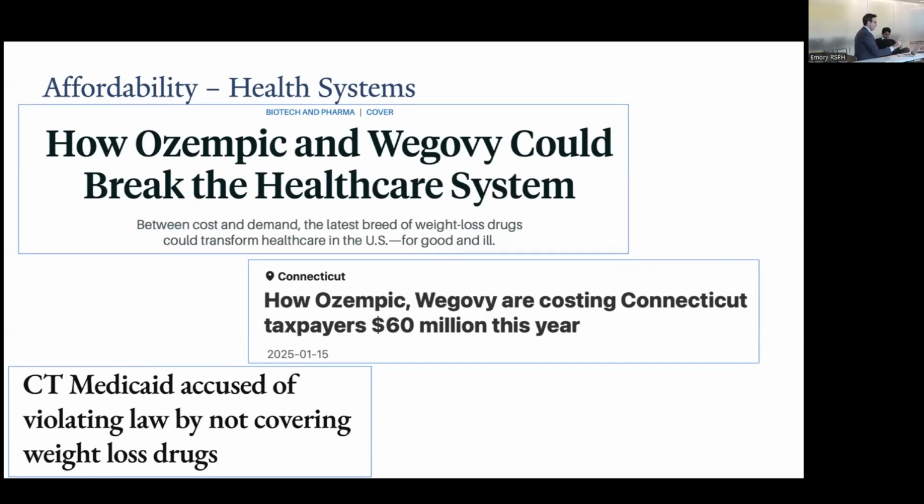But shifting back to domestically and affordability. Affordability is not just around whether people can pay out-of-pocket costs, but whether systems can pay the cost of the medicines, right? This is just some recent news articles nationally and in Connecticut about some of these newer medicines for diabetes. After so many years of stagnation, we now have all of these treatments, but the costs are outstripping the ability of systems to pay. In Connecticut alone, these meds cost $60 million per year just for the state-funded health plan.